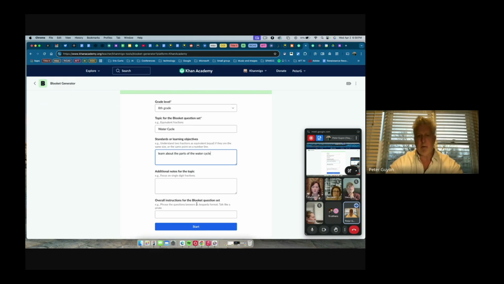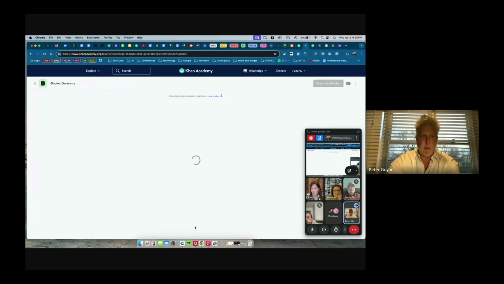And then overall instructions for the Blooket question set. I'm going to just copy what they gave as an example there. It said, phrase the questions and answers in Jeopardy format and talk like a pirate. So I'm going to just copy and paste that. I'm going to click start. And what